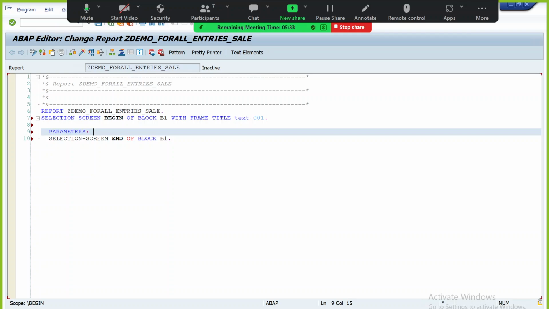It also contains sign, option, low and high, but the concept is slightly different. We'll see that concept when we are working on object oriented class methods together. So for now just use parameter p and what type of data we want to select. Let's select some sales data